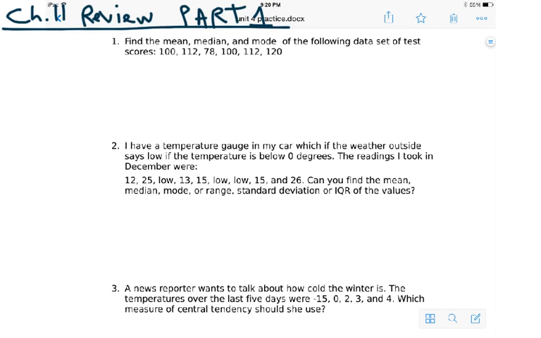This is the Chapter 11 Statistics Chapter, Review Part A. It's also Unit Test 4. So in problem number 1, they ask you to find the mean, median, and mode of the following set of